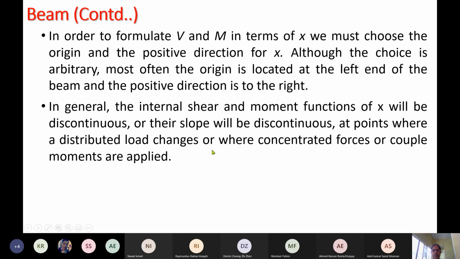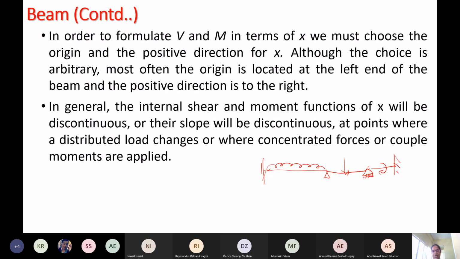As you go along the member, sometimes there is a pin joint, then it continues with a roller, right? It can be a roller, or suddenly it may be a fixed support. It keeps changing, right? Or the loading also changes. A UDL or a point load here, or a moment applied at this point. So you have different types of loading and different types of support conditions along the way. So in all this you have to